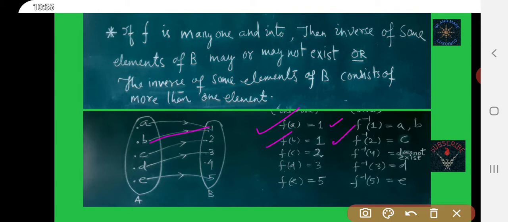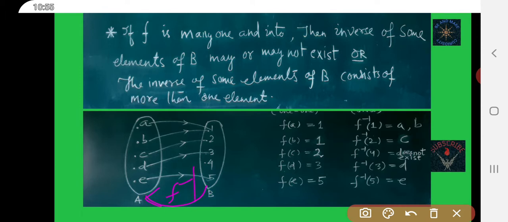Okay, and you may write like this: F of A is 1, F of B is 1, F of C is 2, F of D is 3, F of E is equal to 5, and pre-image or inverse of elements of set B. You can write like this, means B to A, F inverse.